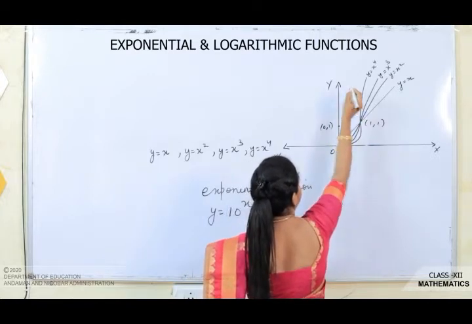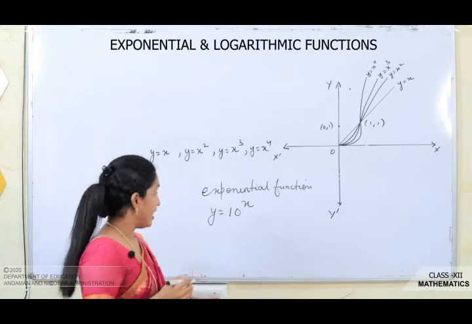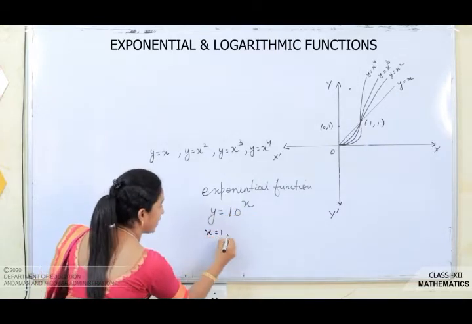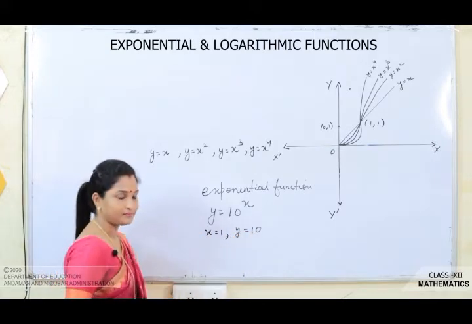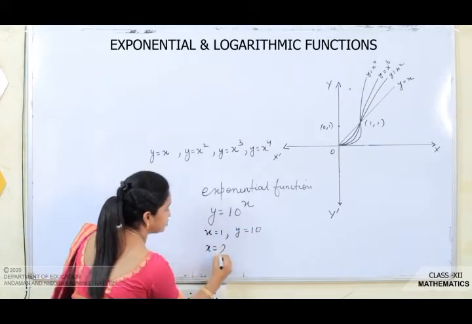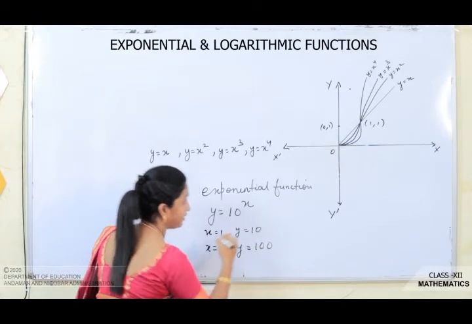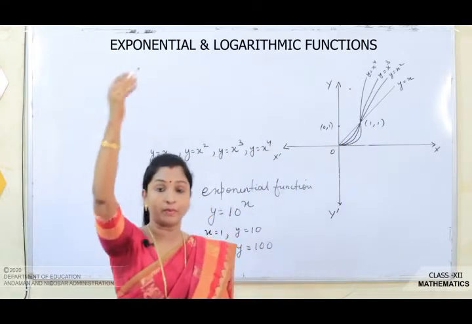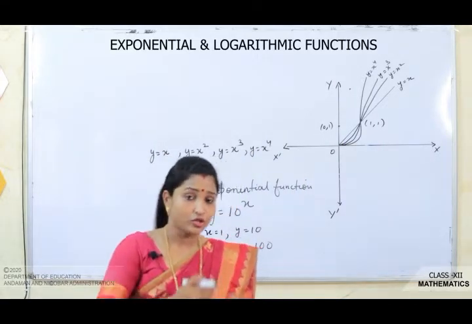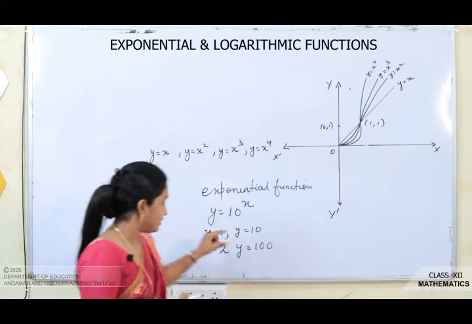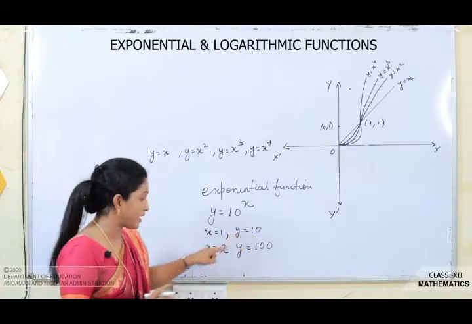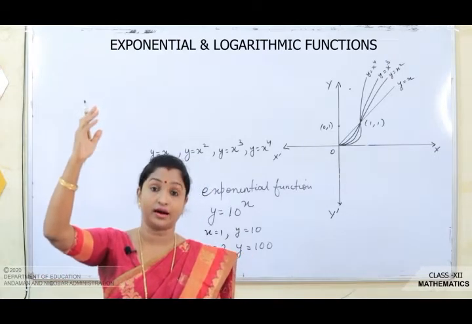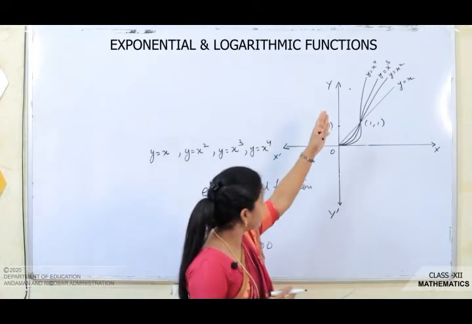I am just taking a point like this here, okay? And when x is 1, y is 10. When x is 2, y is 100. When x is 2, y goes to 100. Look how high it goes, I cannot even plot it. Can you see the growth here? x is 1, y is 10, but when x is 2, it is almost doubling, it is going to 100, the square of 10. Look, it becomes 100, which is difficult to plot here.